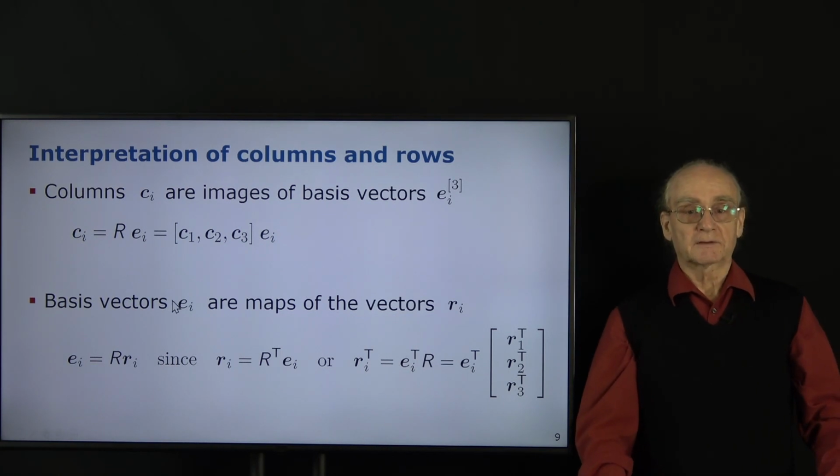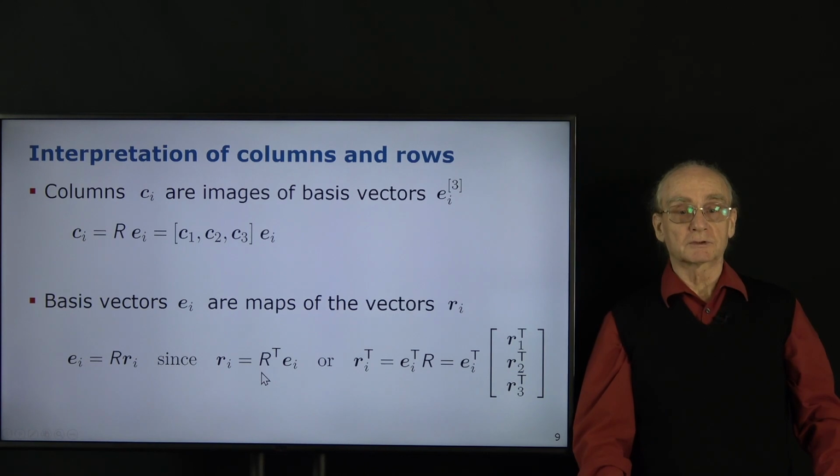Now let's look at the row vectors. To make the same argument with the row vectors, we have to transpose it. So if you multiply the unit vector from the left with the transposed rotation matrix, then the first column of this transposed matrix is the first row of that matrix. That means if we multiply the unit vector E1 with the transposed rotation matrix, we get the first